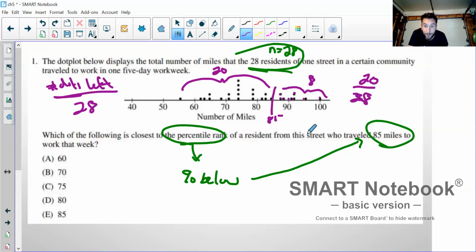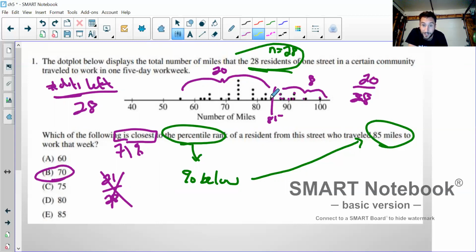And then I can grab my calculator. I know 21 out of 28 is close to 75%. So the answer should be pretty close to 75. But you know what? Why risk it? 20 out of 28. So we get 71%. Now people start to panic. They're like, oh no, 71's not there. That's why it says which is closest. And the other part of that